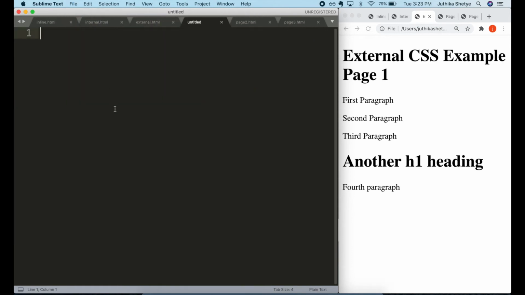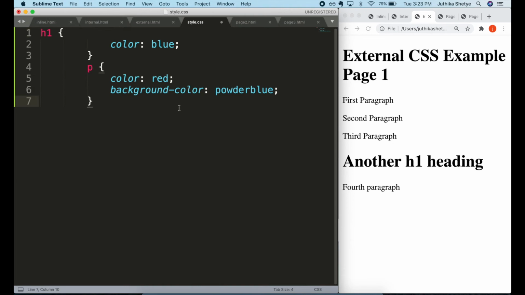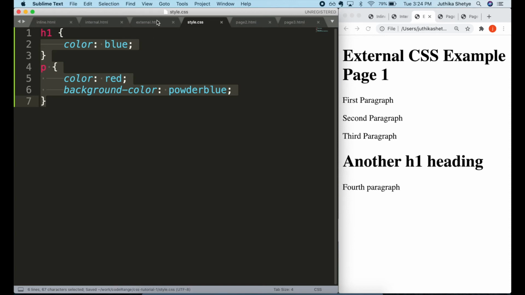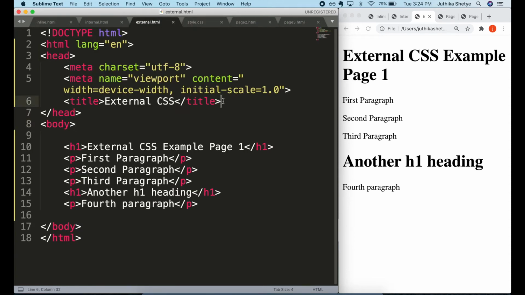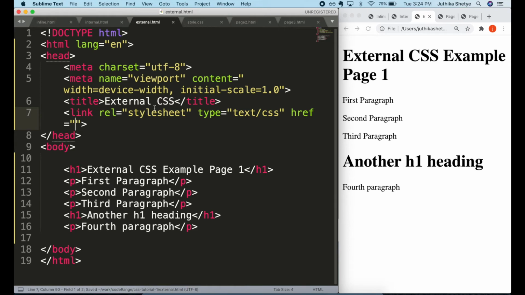Open a file and save it something like style with a .css file extension. Then write your rules in the file, and after that all you need to do is add a link to the file into the head section of your HTML document. That is done with the help of the link element. The link tag has two attributes, rel and href. Rel stands for the relationship and uses the value of style sheet. The href value is the path to the CSS file. Link is an empty element, so it doesn't need a closing tag.